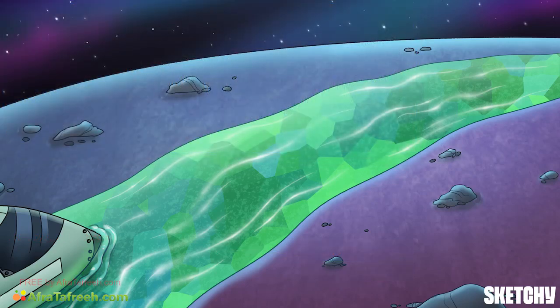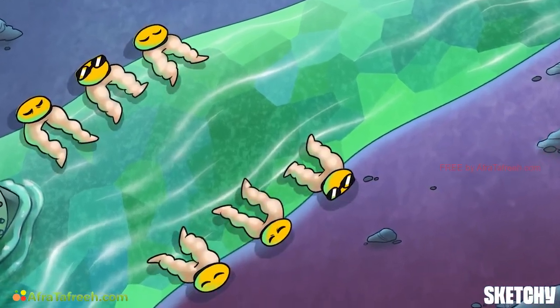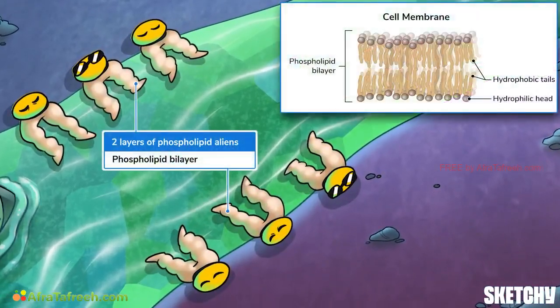Let's start by taking a look at those lipids. These two layers of sunbathing phospholipid aliens represent the phospholipid bilayer, the two-layer barrier that separates inside the cell from outside. Phospholipids are amphipathic molecules, meaning they have both hydrophilic and hydrophobic regions. Their heads are hydrophilic, so they gather in the aqueous environment inside and outside the cell. This leads the hydrophobic tails to form the two layers of the inside of the membrane because they are excluded